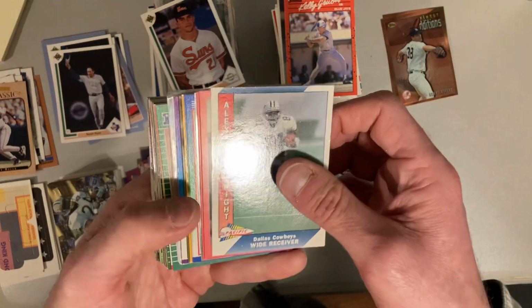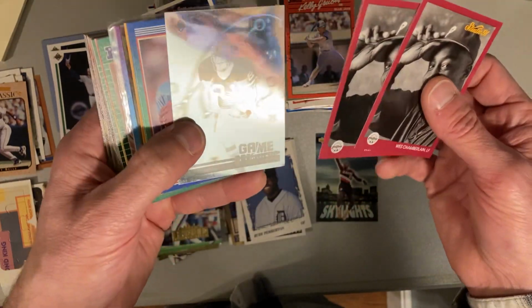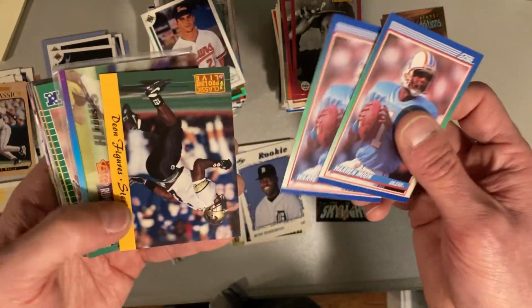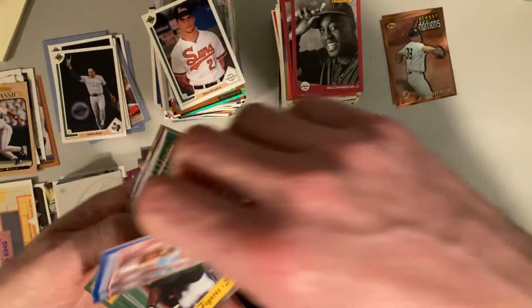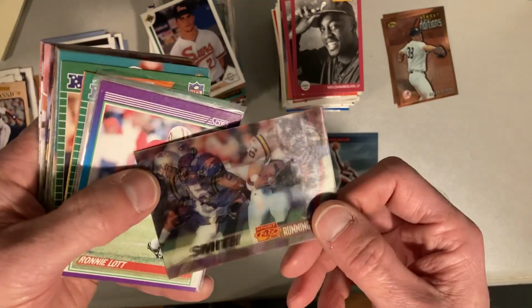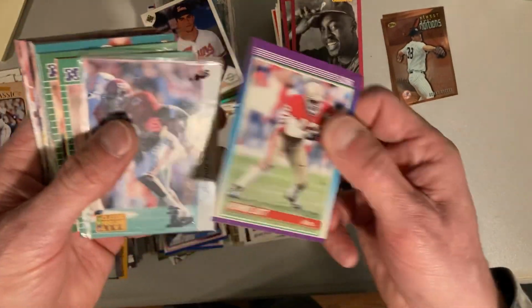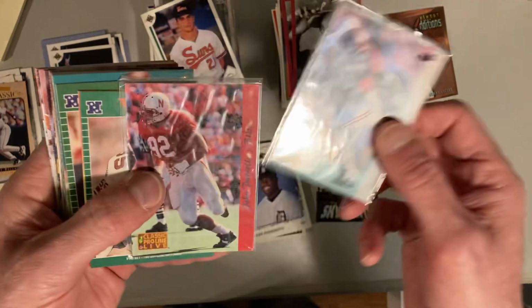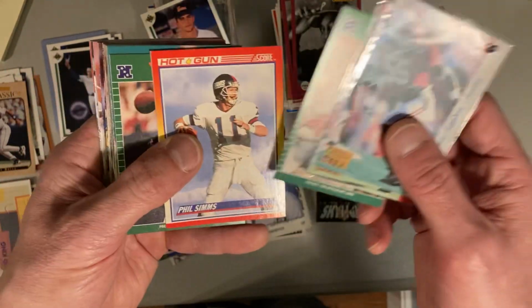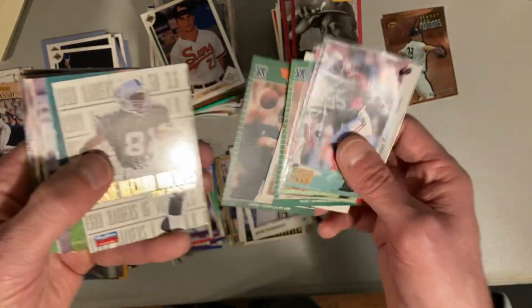And finally, to wrap this one up, we got some more football, and then back to baseball with Wes Chamberlain. There's an Ernest Biner game breaker. We got Warren Moon, fantastic quarterback. Dion Figures. Who's this? Smith, somebody Smith. Robert Smith, don't know him. Another Ronnie Lott. Antonio London. John Perella. Jay Novacek, Phil Simms, Tim Couch, another Phil Simms,